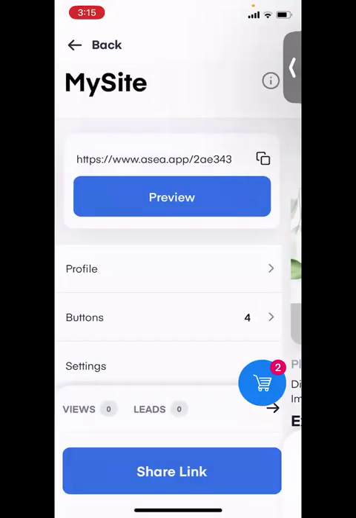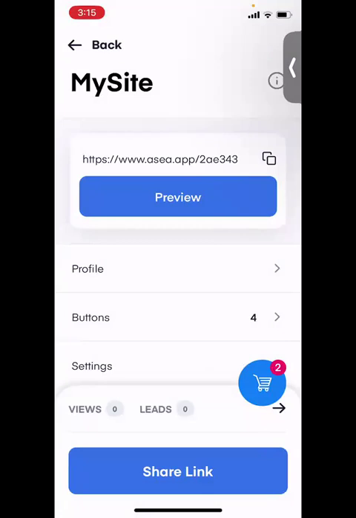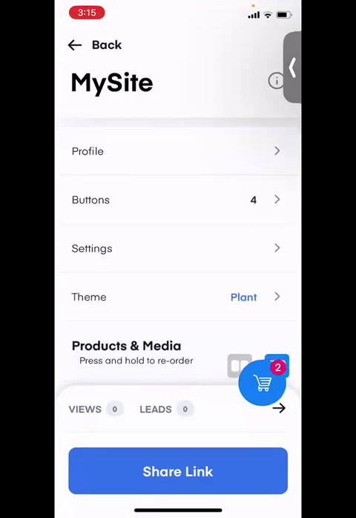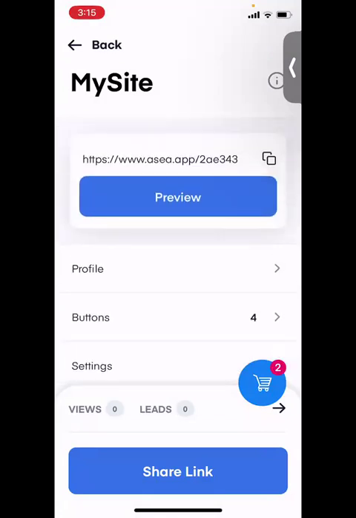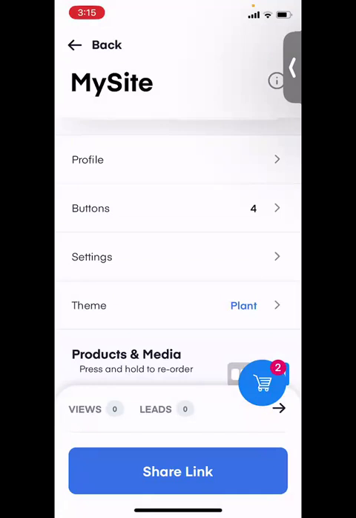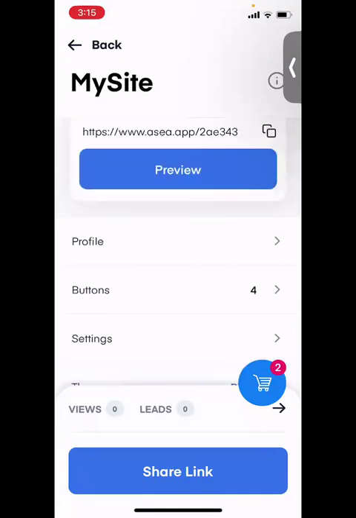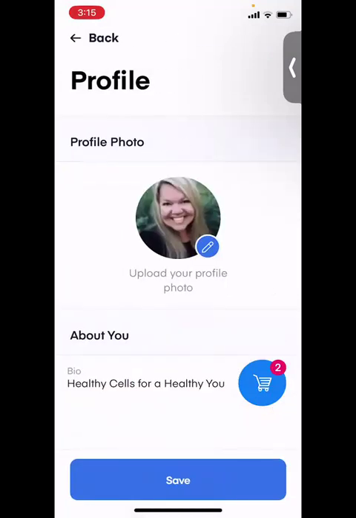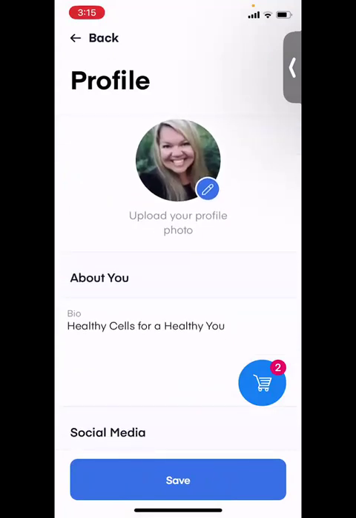So your first step can be just figuring out, okay, what do I want my layout to look like? Which is just right under here, under your My Site landing page, and it says theme. So the next thing you would do is go to profile and you'd upload a photo. I chose a very simple headline, Healthy Cells for a Healthy You. You could write a bio there and talk about yourself and what you do. You can make it a little more